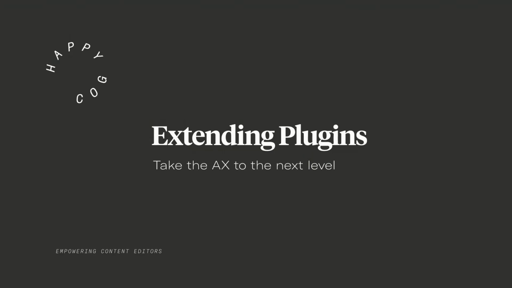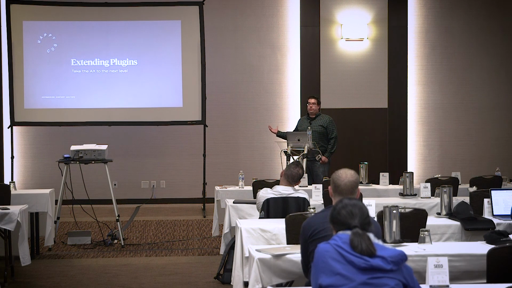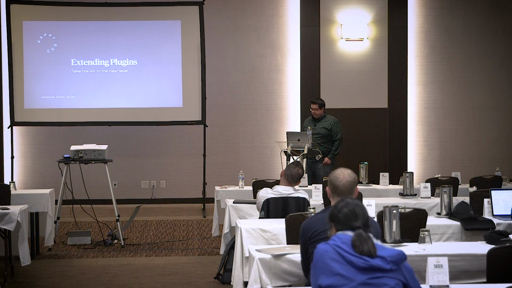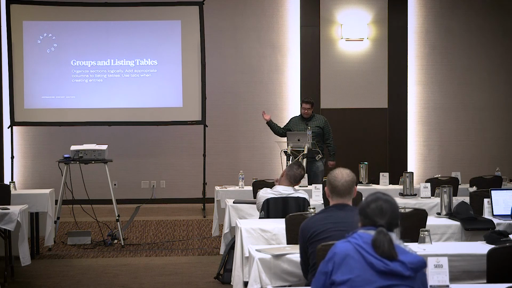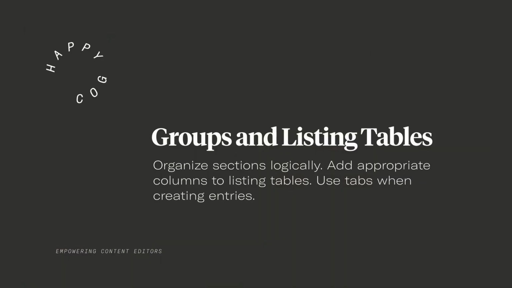Then we have extending plugins and add-ons. You can write your own, do specific custom functionality that the client requests. So it's up to you to establish all that ahead of time, determine what the real needs of your content editors are, determine what comes out of the box with whatever CMS you're using, and then really expand on that if necessary. Some examples of that, again, Zenbu, you can control filtering options if needed. With Craft, you can do some custom filtering options too via a module or a plugin. All of this will improve the author experience if you communicate with your client upfront about what their needs really are. So let's look at some examples